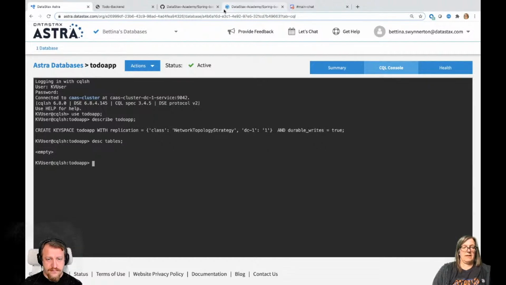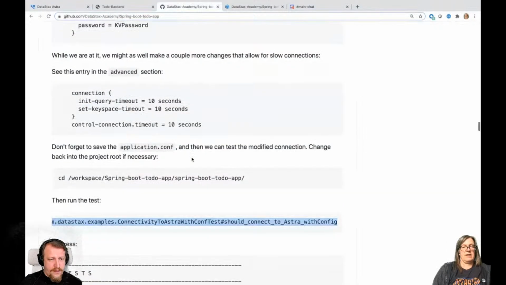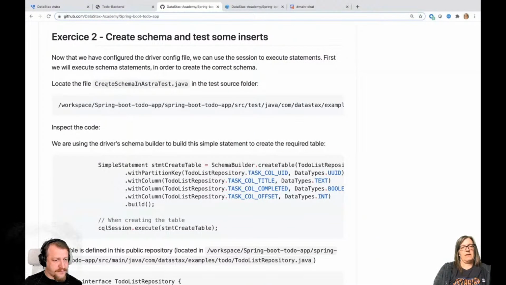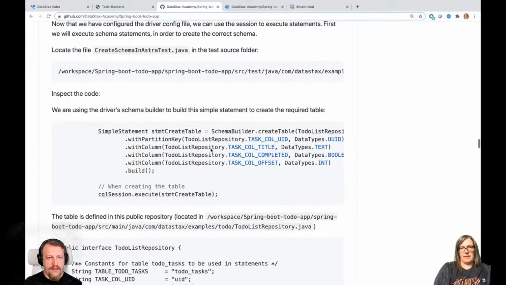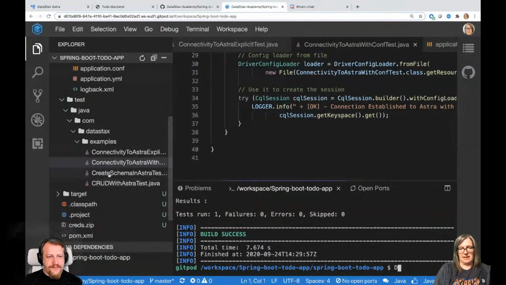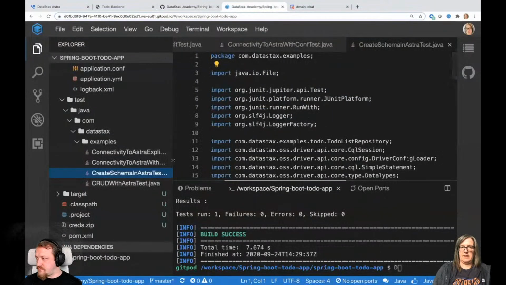So in our GitHub repo, we go to exercise 2, and we're going to look at the create schema in Astra test in the test folder. And basically, I'll show you in the code.